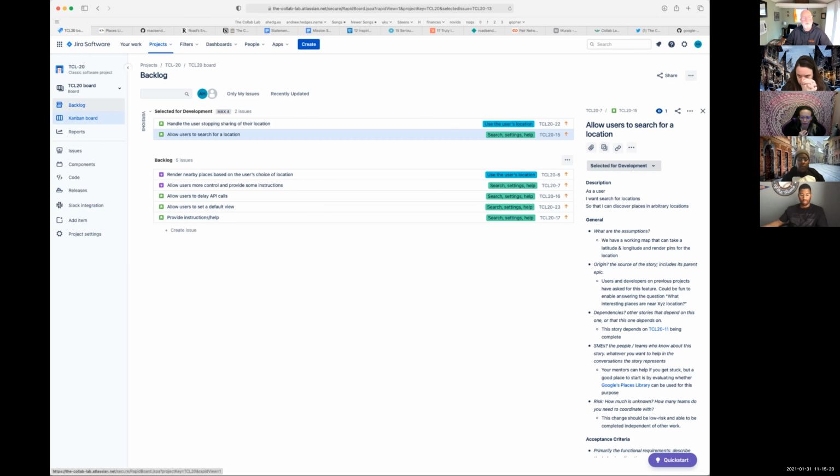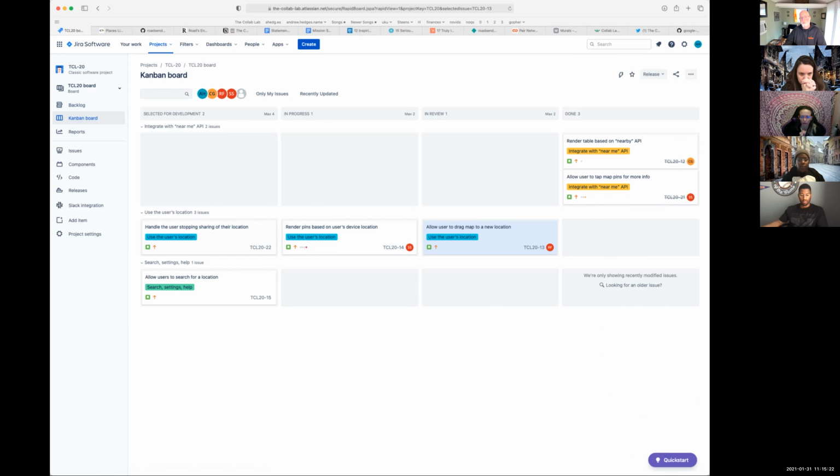But if we don't, I think if we get through what's just on the board now, we're already going to have a pretty nicely functioning app. The other thing that we might want to start thinking about is paying a little bit of attention to visual polish of the app too, making it look nicer, more professional. Maybe next week we can talk about whether we want to make separate cards for that.